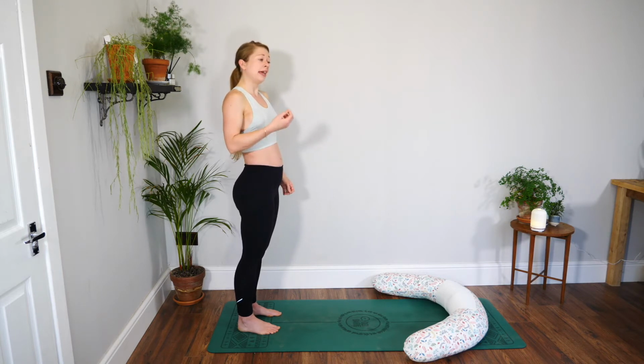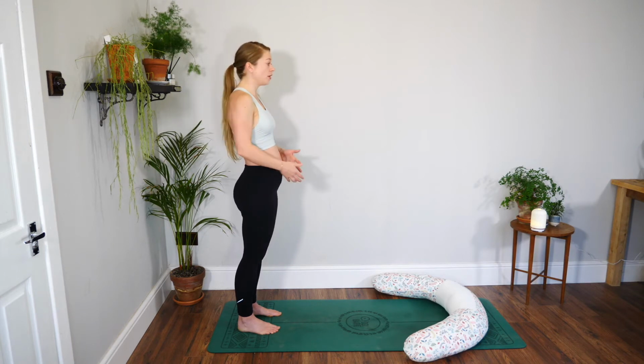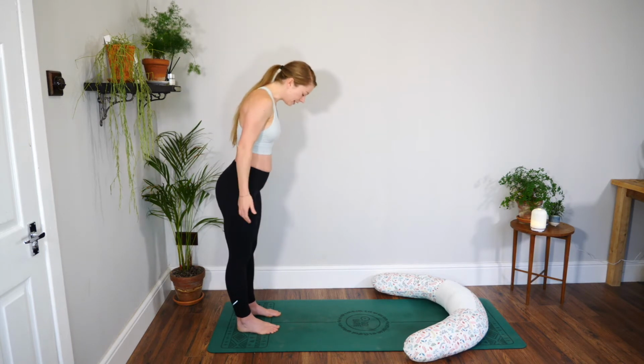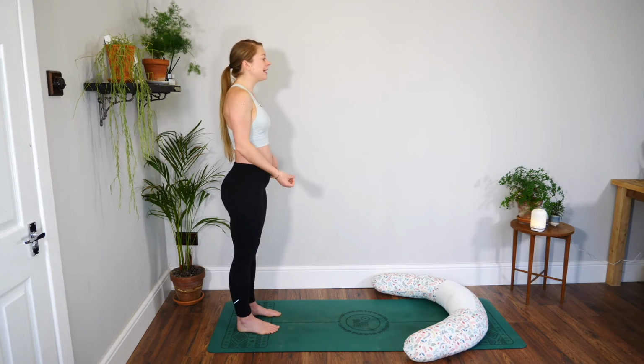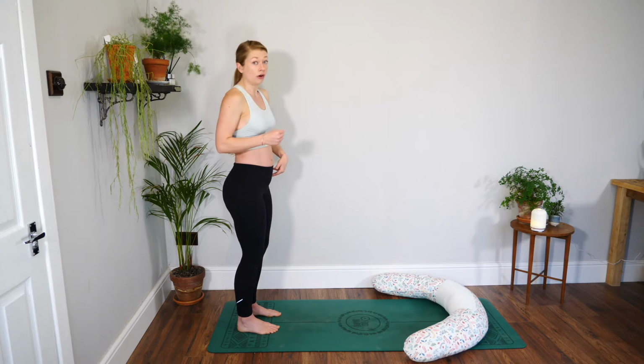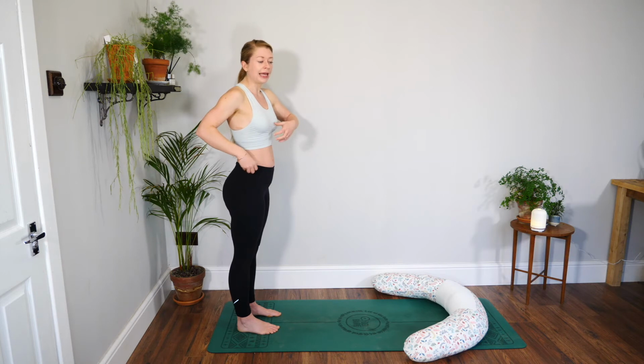And this is, we're saying, if there was a perfect posture, what would that look like? So we start from the ground up. We've already done the feet. They're parallel, they're hip width apart. I want you to check in with your knees. They should be unlocked. If in doubt, lock them, so straighten the legs as much as you can, and then